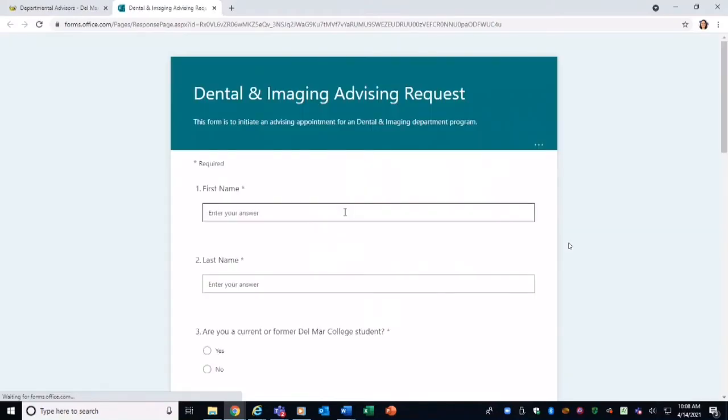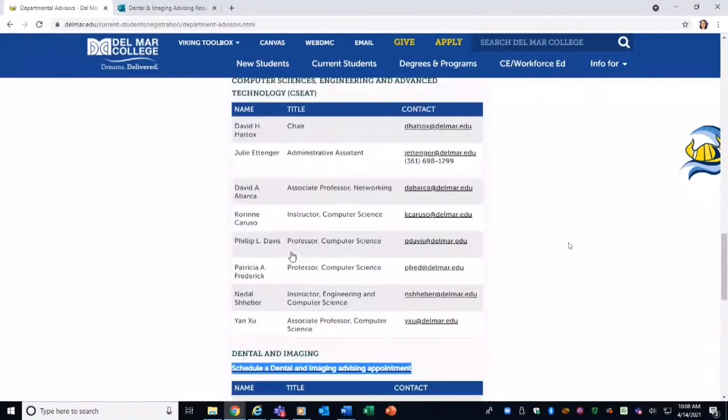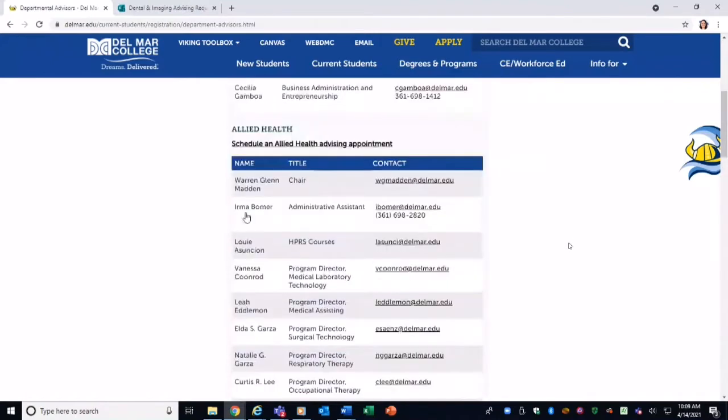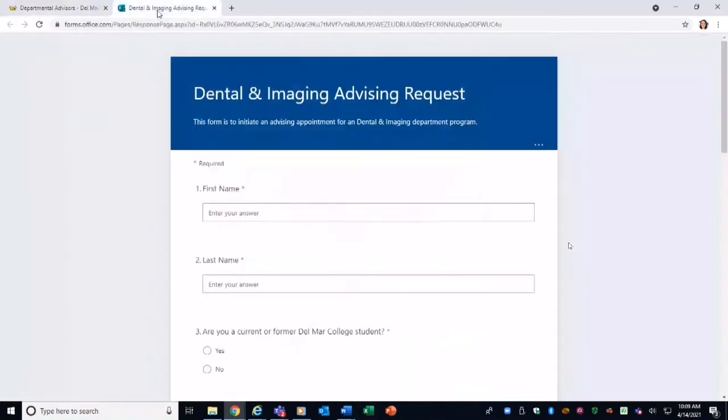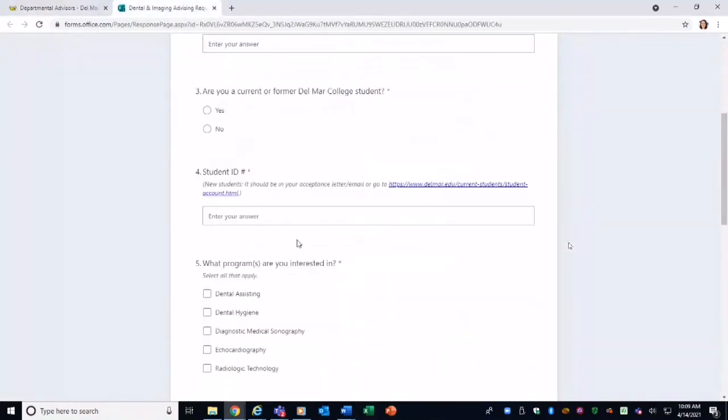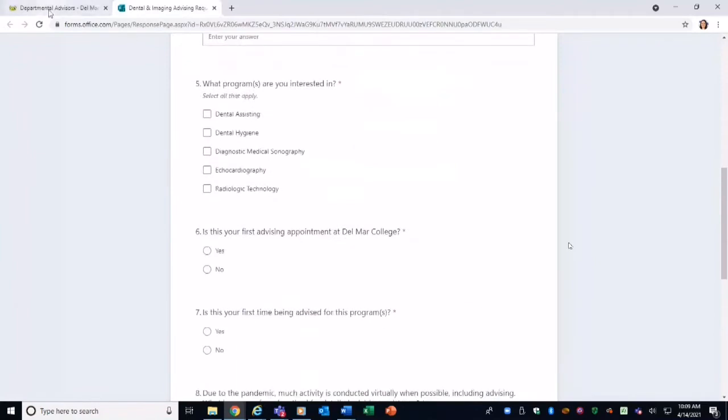And most of our departments have them. You can see we also have them for our departments within our business and entrepreneurship, our allied health, and all of the majors are listed here in the center, so you can find your major there. And you'll just fill this out very quickly and turn it in. And what will happen at that point is your advisor from your department will contact you and assist you through